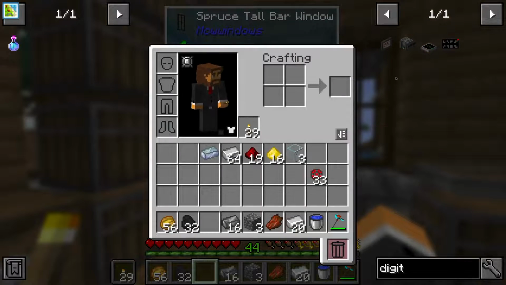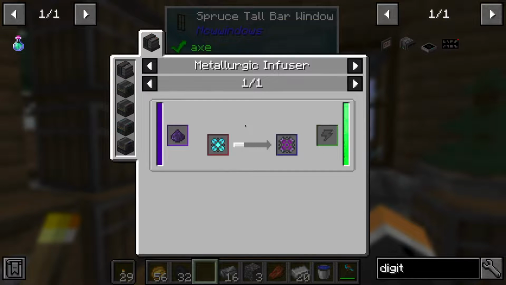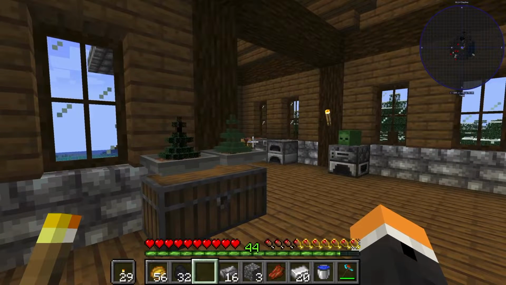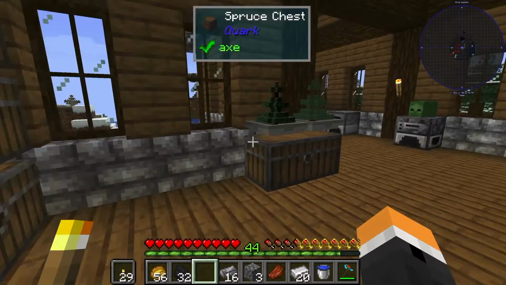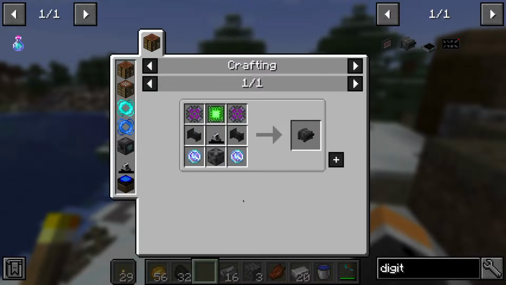Now, as I said in last episode, the main thing we're going for is this digital miner. We have a bit ahead of us here. We have to make some pretty crazy things in order to get this, but it will be worth it, okay? The digital miner is going to be a great addition to our world because, man, let me tell you, I will never have to mine again. You know, I hate mining, but there's actually something I'm gonna do right off the bat,